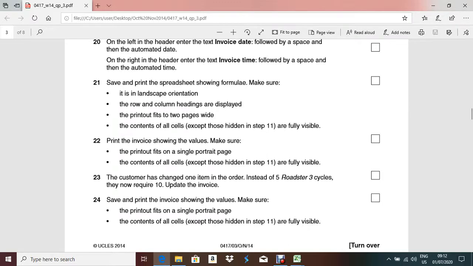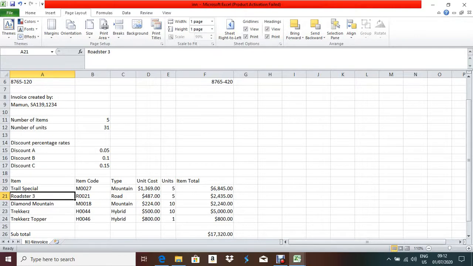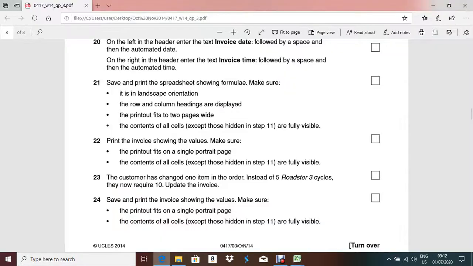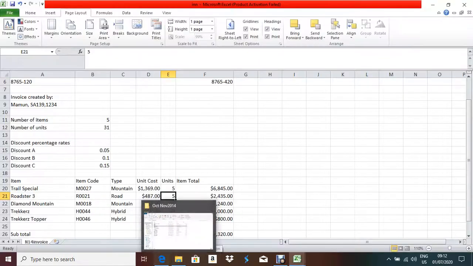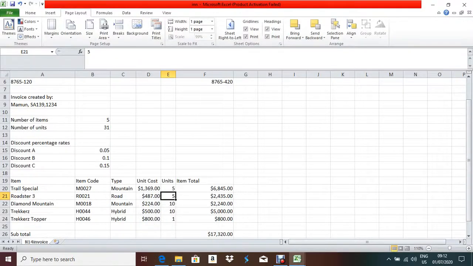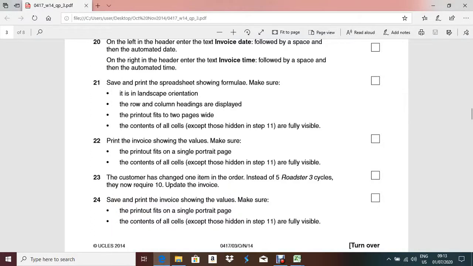Instead of 5 roadster, 3 cycle, now require 10.